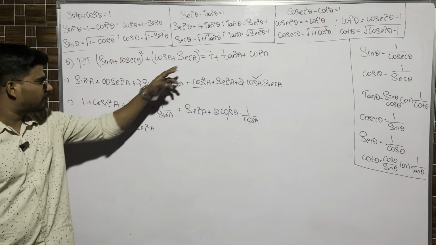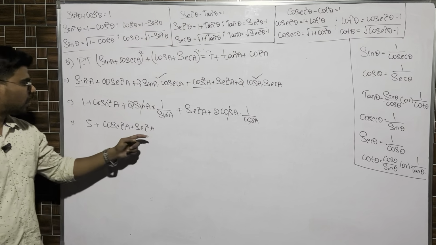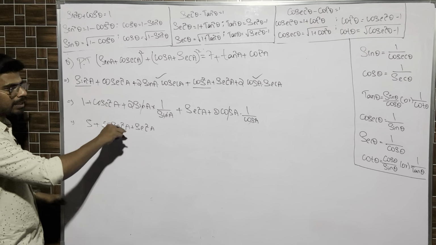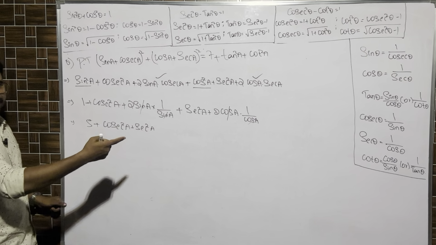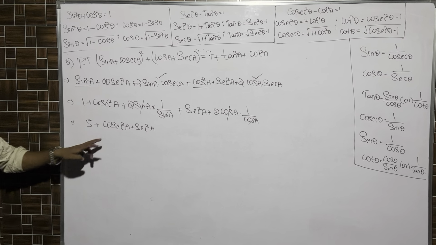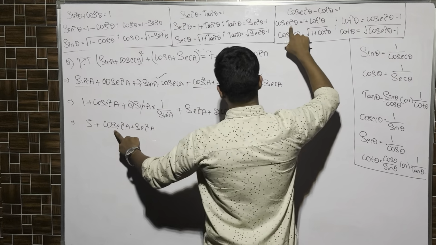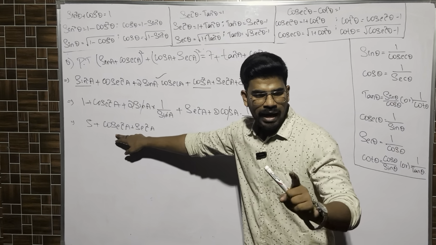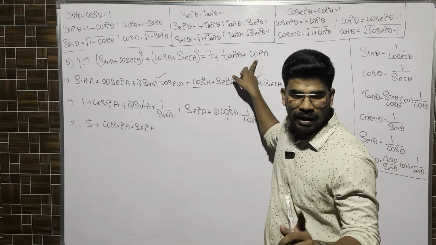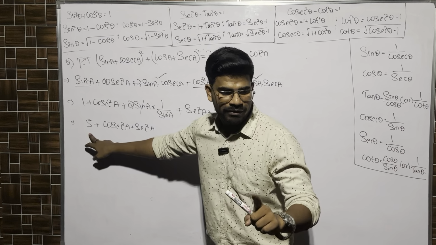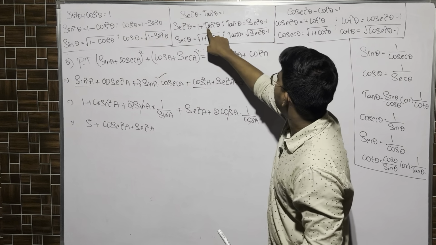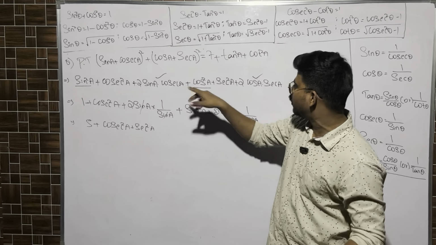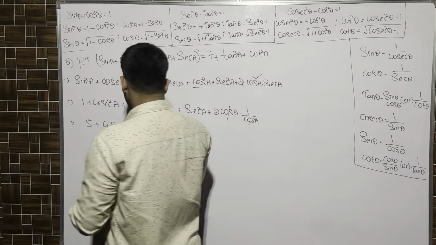We want 7, we got 5. We want tan, we got secant. We want cot, we got cosecant. Now I have to change cosecant in terms of cot, and secant in terms of tan. Do we have any identity? Yes, cosecant square can be written as 1 plus cot square. If I write cosecant square as 1 plus cot square, I will get cot square, but along with that it will also give me 1. 5 plus 1, it will become 6. Now secant square I can write as 1 plus tan square. 6 plus 1 it will become 7. Secant we got tan also. Clear? So these two identities we will use here.